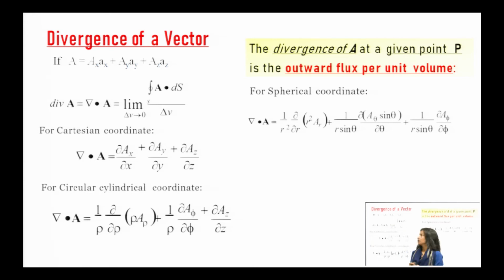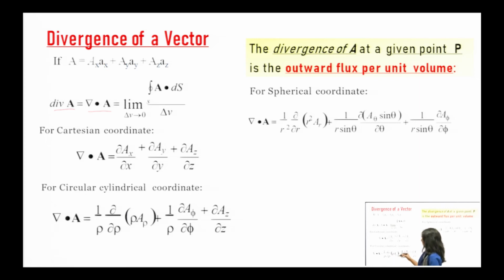The mathematical expression of divergence can be expressed as this, which can also be written as del dot A, where A is the vector quantity. Remember, in the previous section we applied del on a scalar quantity. However, here we have applied del on a vector quantity. Divergence of a scalar makes no sense. We always apply divergence on a vector quantity and it transforms a vector into a scalar.